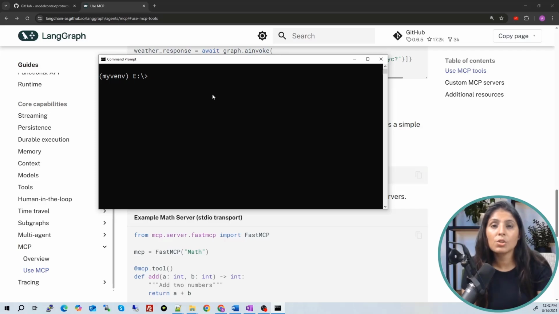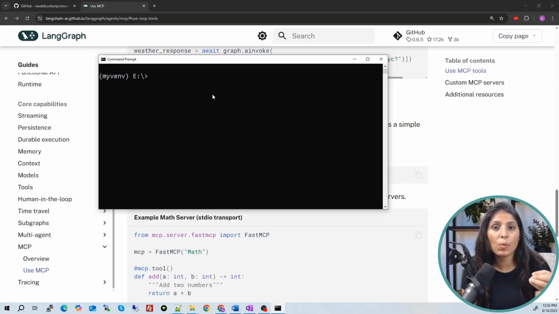Now the next step is to create two Python files. The first Python file we need is for the code which is related to the MCP server, the custom MCP server. So we will create one Python file where we will write the code related to the custom MCP server, and we will create another file where we are going to write all the code like the connection establishment with the MCP server, the LangGraph code, how to use the LLM, how to get the user's query.